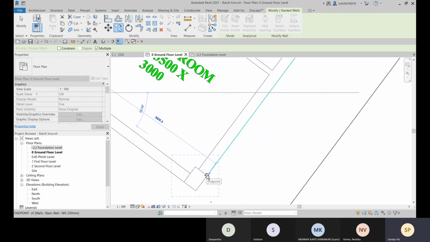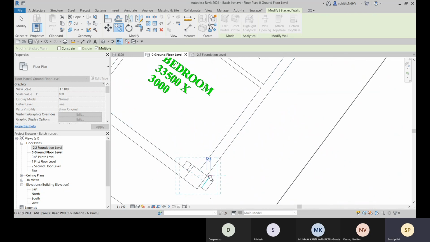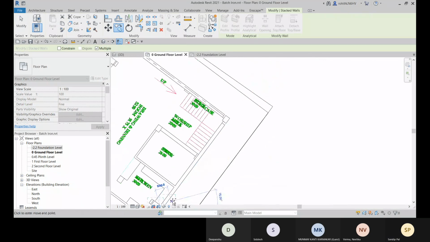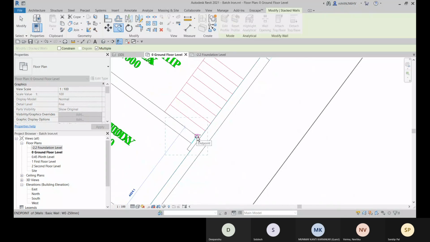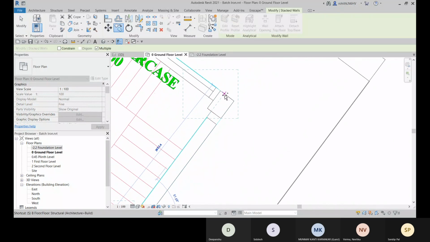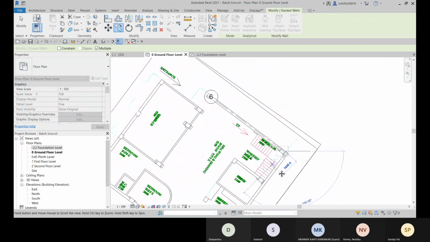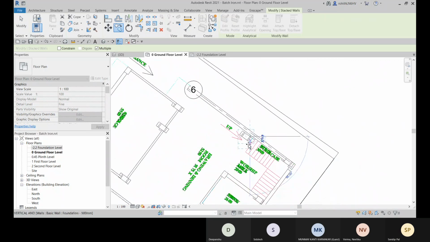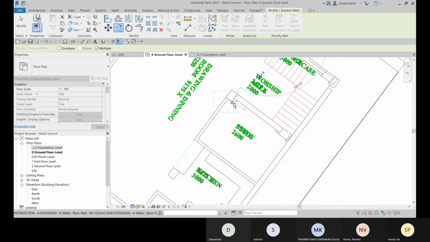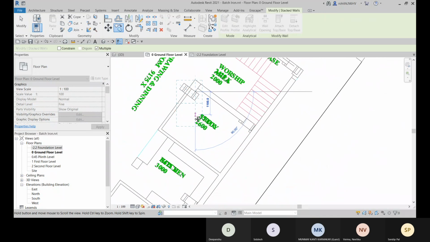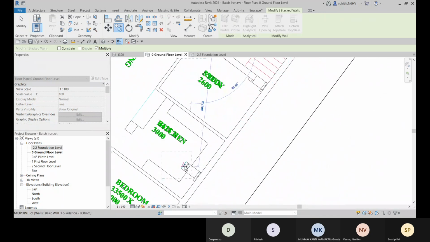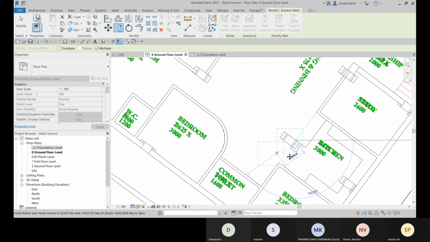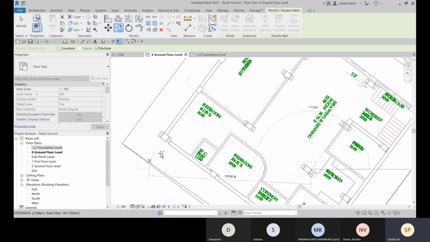Now let me just place it. We'll do some rotate and adjustment. Here also. Is placed already here. It's placed. So these are placed.